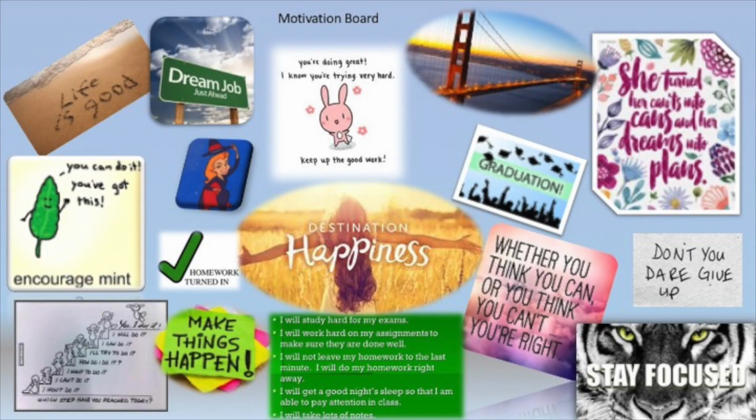Now, another tool that you can use is what's called a motivation board. All right, now a motivation board is simply getting a visual or a picture of the things that you want. The things that you want to accomplish, the things that you want to achieve, or the things that you want to have. It may be a relationship, it may be an item like a car, it may be a degree. I hope it's a degree. And you create a picture of that and you put it up on the board.